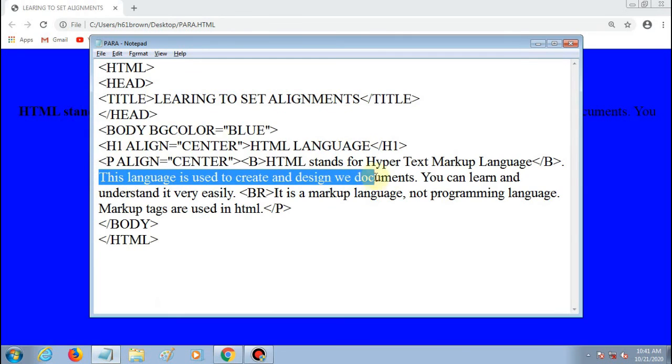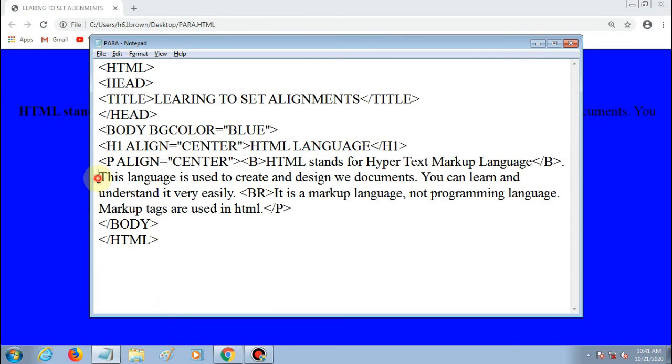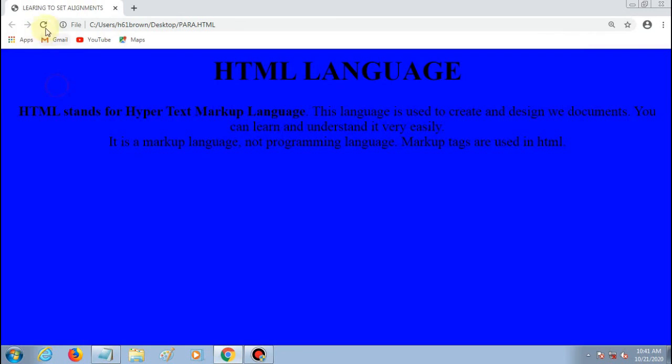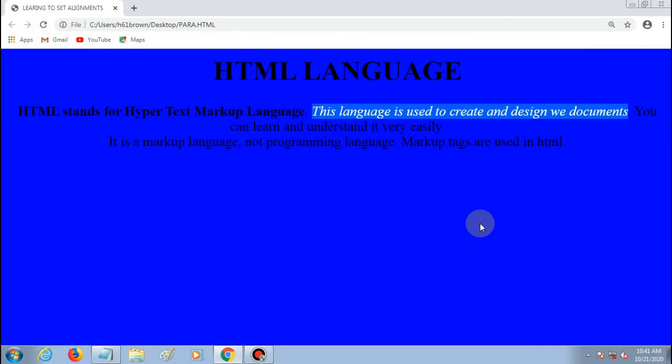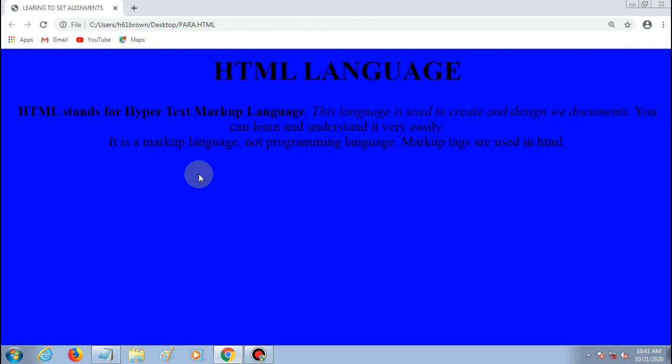Then from here to here I want to make it italic, so I will use here i tag and close here, then save it and reload. See, this text has become italic.